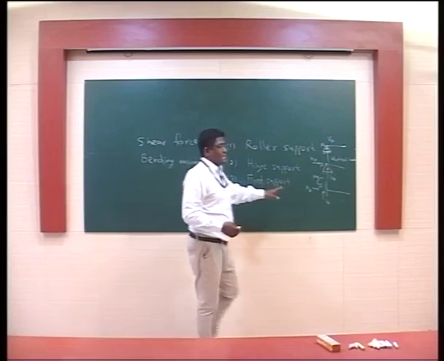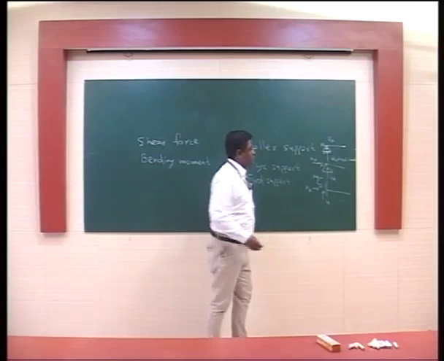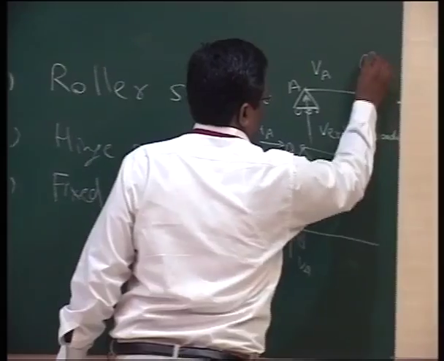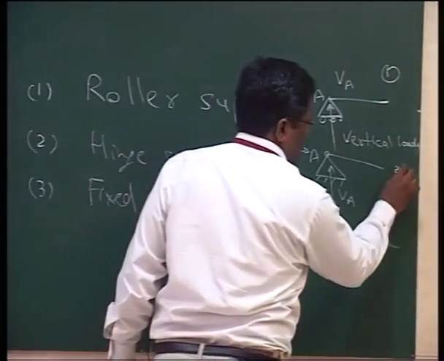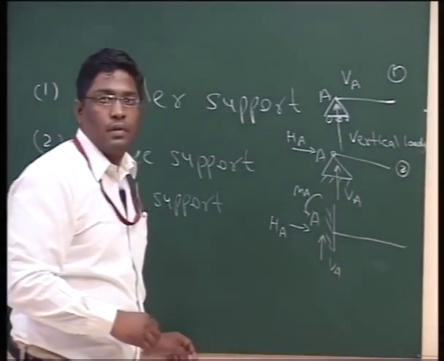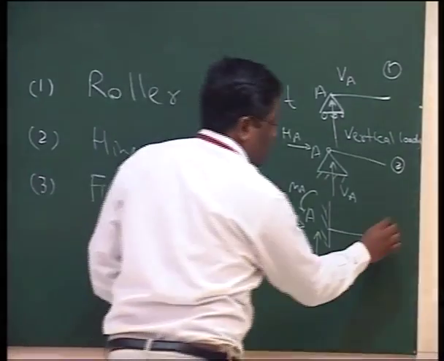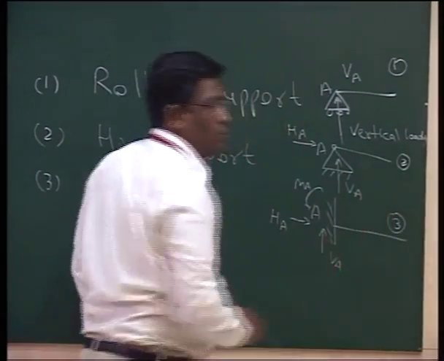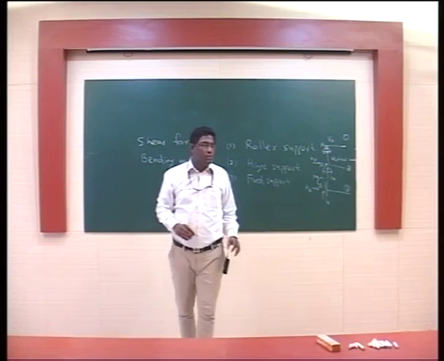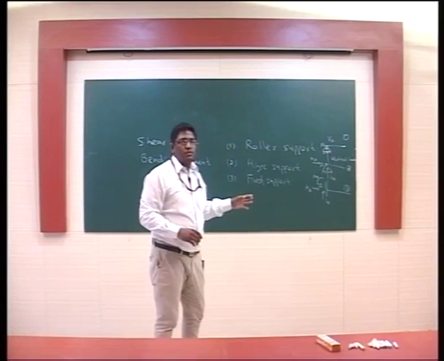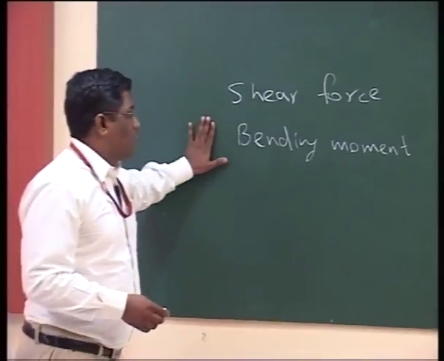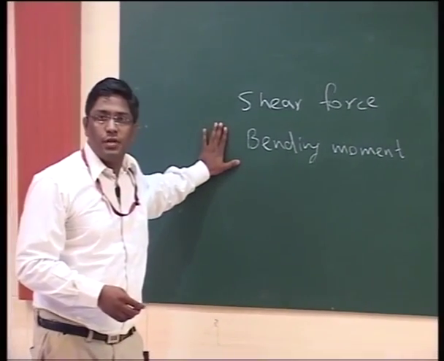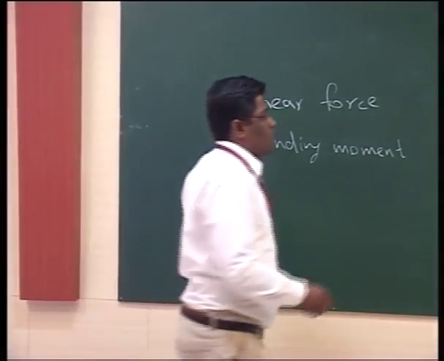Now we can quite easily see that the roller support gives one unknown, that is vertical reaction. The hinge support gives two unknowns, and the fixed support gives three unknowns. So we have to determine these unknowns by the methods. Now we will define these particular two terms, shear force and bending moment. So first I am